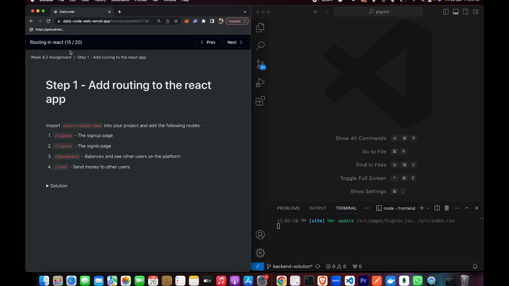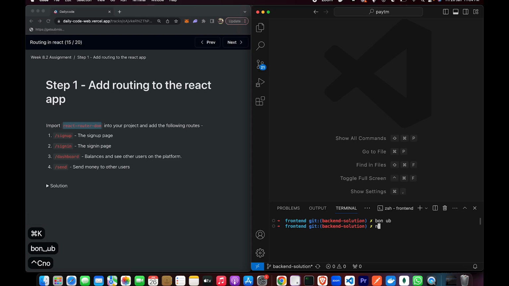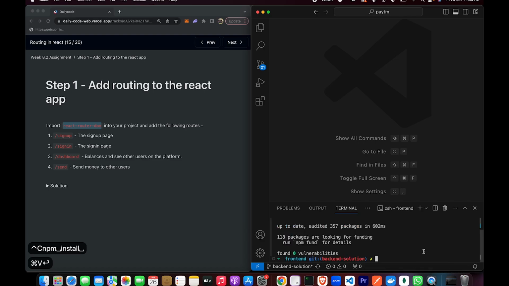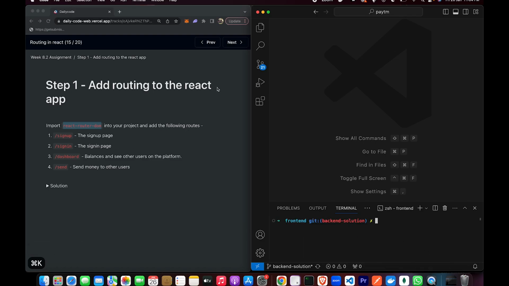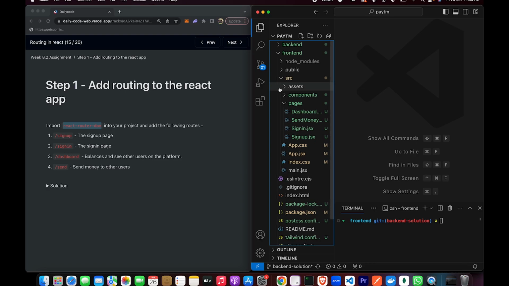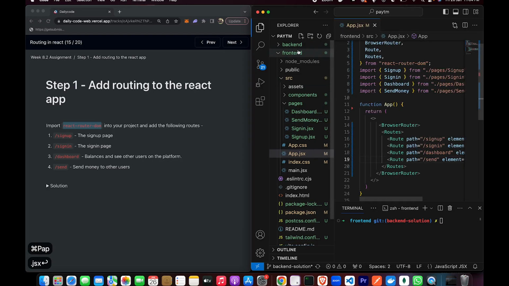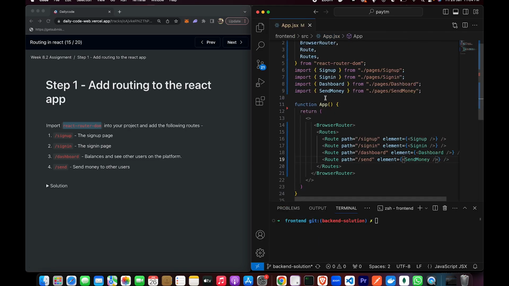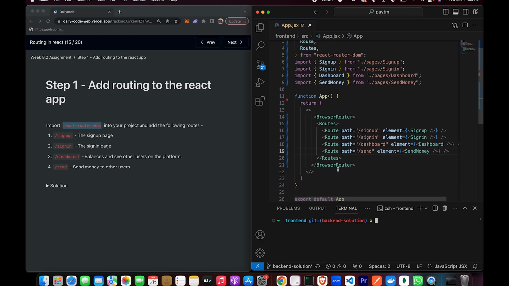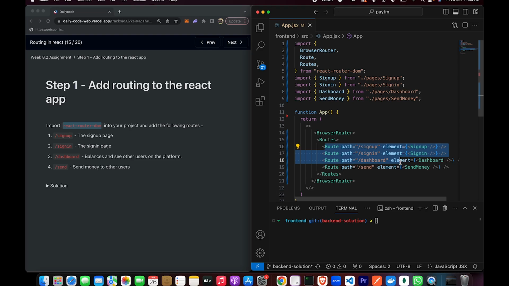Let's look at step 15. Over here it says, first import React Router DOM to your project. The way to do that is npm install React Router DOM. And once you do that, you can add routing to your page. If you look at my app.jsx, I've made some changes here, which of course you wouldn't have in the original backend solution repository, which is I've added 4 routes to our application: /signup, /signin, /dashboard, and /send. These are pointing to